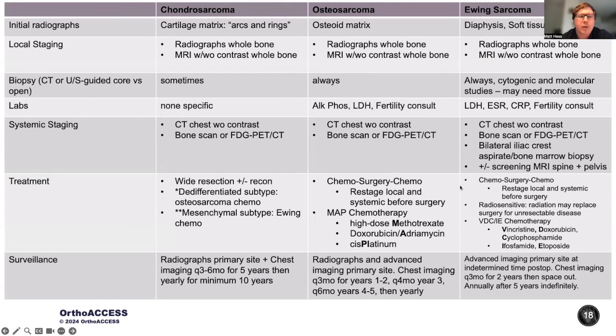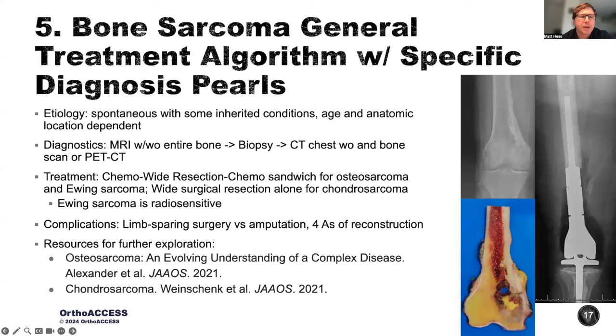And for Ewing sarcoma, they're more radiosensitive. So sometimes you can replace the wide surgical resection with radiation therapy for your local control. But this is also going to follow the treatment paradigm of chemotherapy, surgery, and chemotherapy. Just going back a minute, when we do talk about the reconstruction following the wide resection, this typically is going